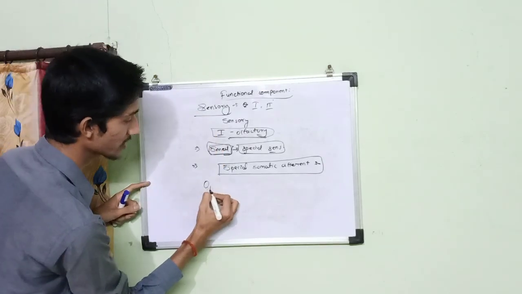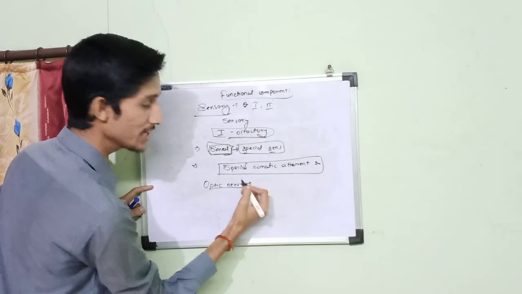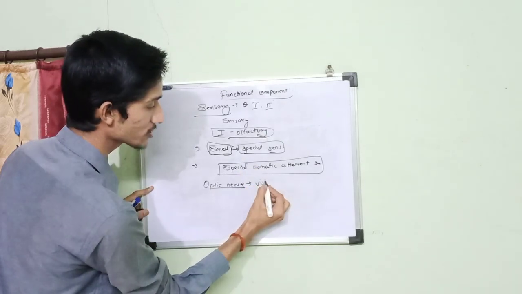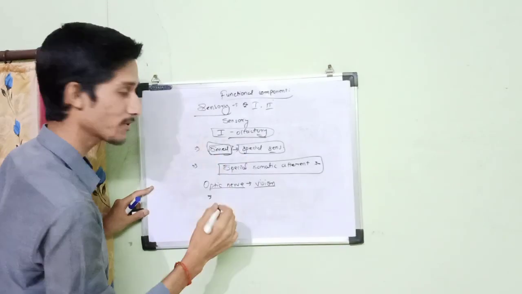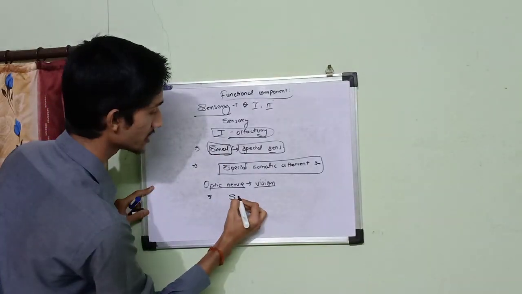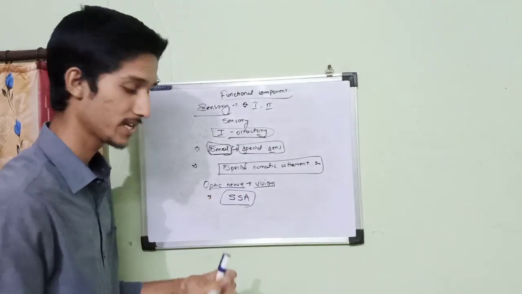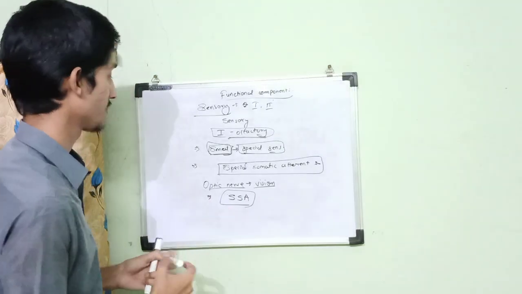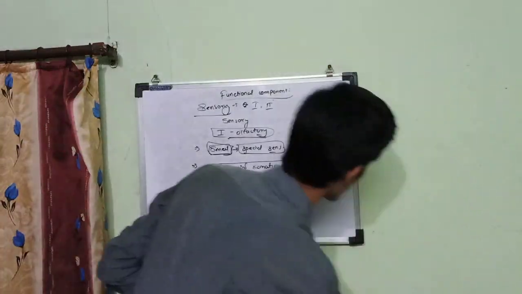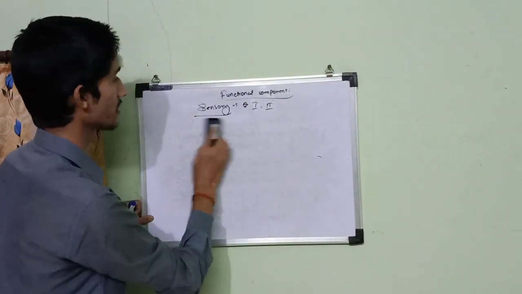Similarly, we have the optic nerve. They are only involved in vision, which is also what? A special sensation. So they also carry only one type of functional component. What is this? Special somatic afferent fibers. They have nothing to do with any other functional component. So this is an example for sensory.